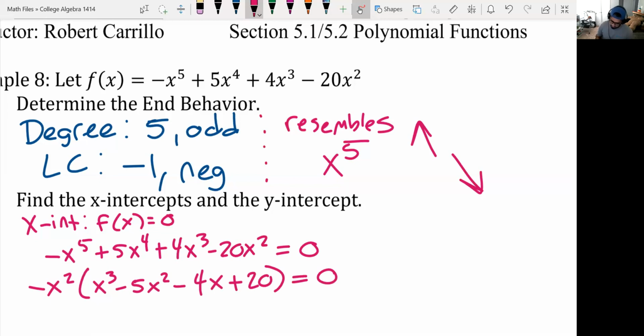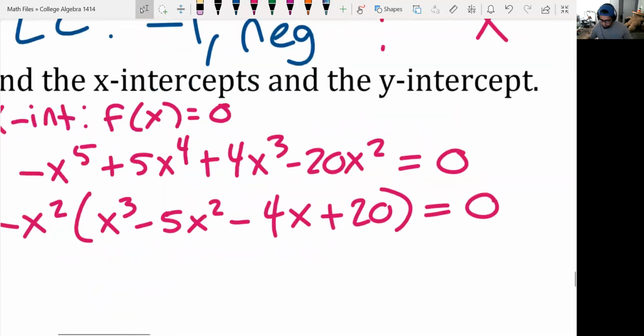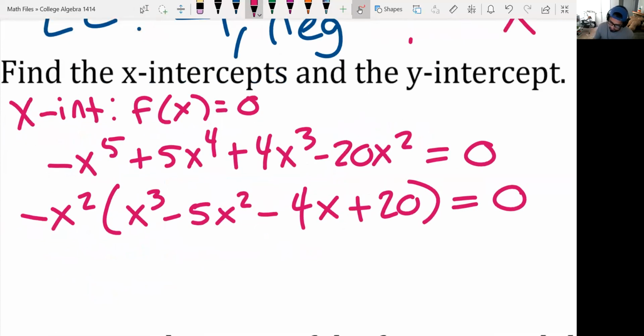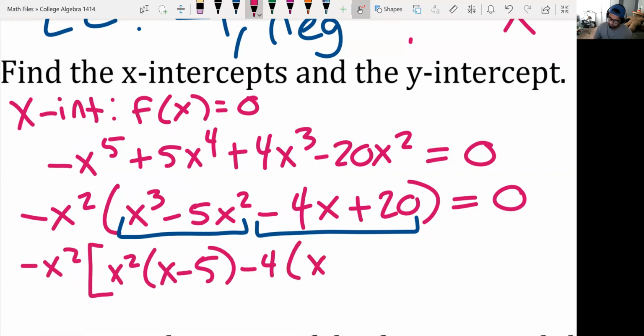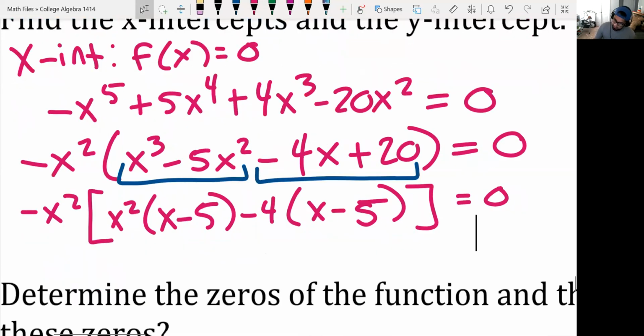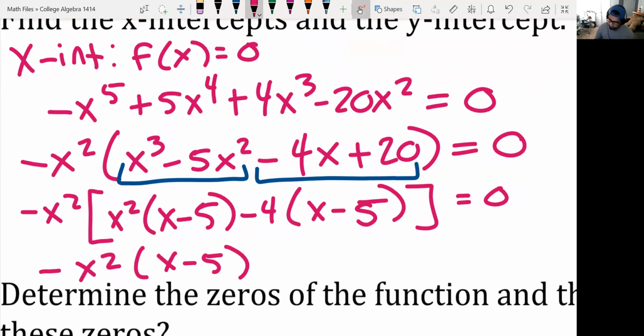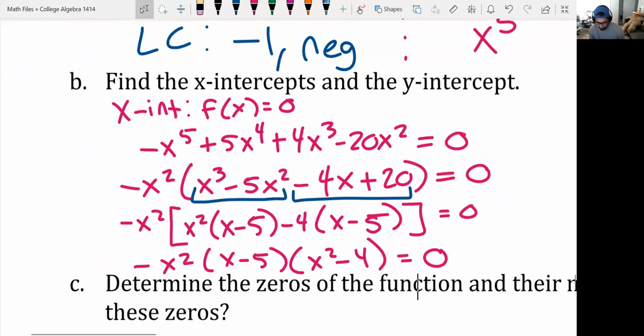Make sure I did that. So good, negative, negative, positive. And now we have a 4-term polynomial on the inside, which means you can factor it by grouping. This negative x squared waits on the outside, and I factor by grouping. I take an x squared out, and I get x minus 5. I take a -4 out, and I get x minus 5. Close bracket equal to 0. I factor completely, well, almost completely, and I get negative x squared times x minus 5 times x squared minus 4 equal to 0. This can be factored one more time